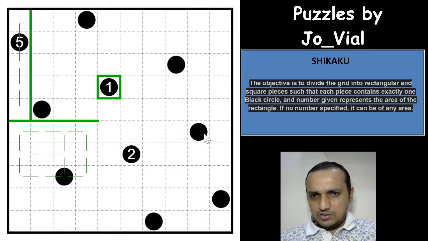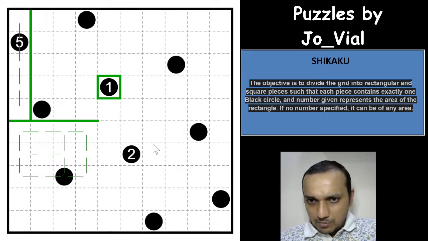We know that this circle will not come down at all, because it either has to take this cell or this cell, right? Which means